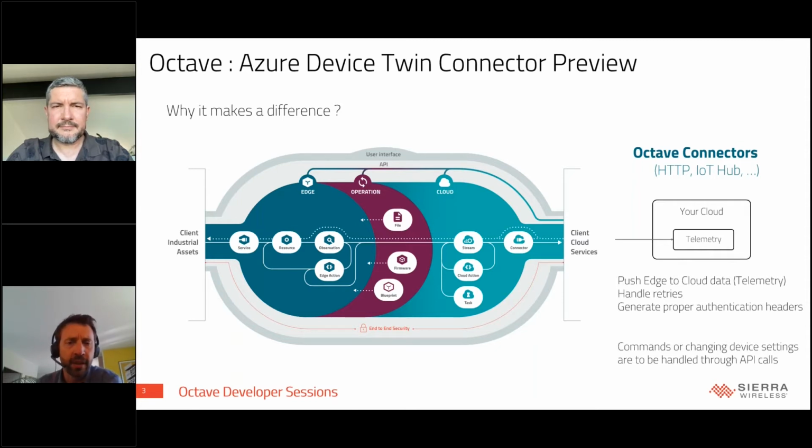Now, there are some things that remain to be done when using those connectors, which is handling the control of the device from the cloud. So either configuring a device or sending commands to a device. This is really easy to do with Octave, but in the case you're using the connectors we had until now, you needed to use Octave API calls to change device configuration or to send commands to